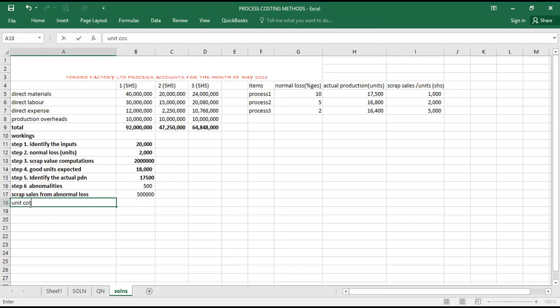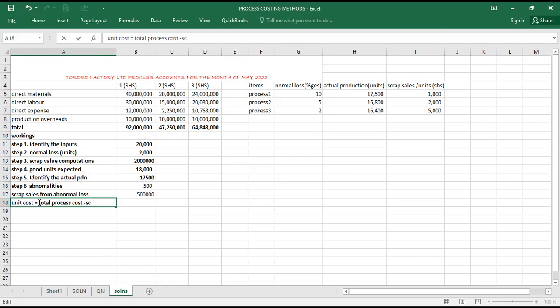Because we want to determine the cost that we are going to use for the final output. And we said that to get the unit cost, it equals the total process costs less the scrap,